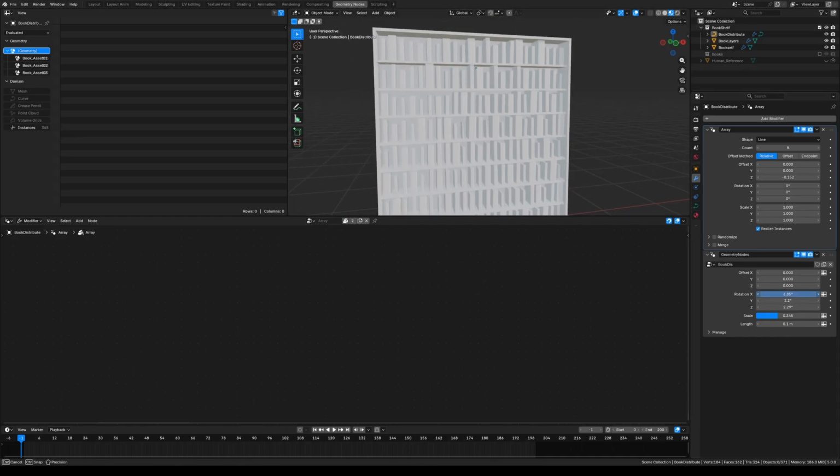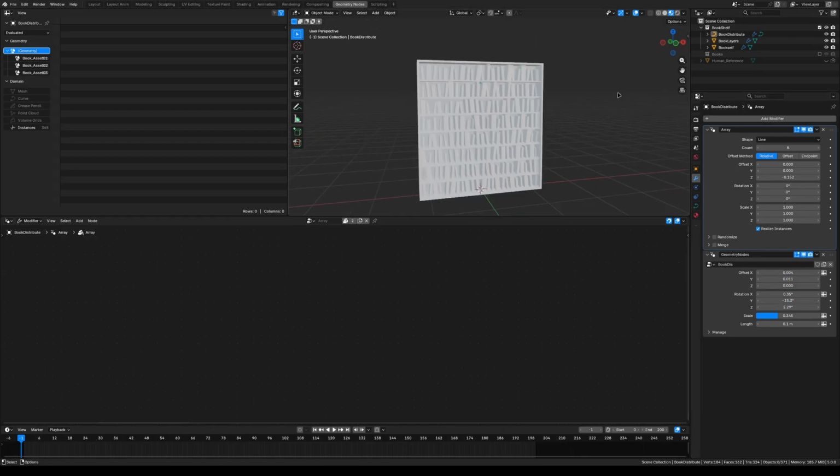We can add a lot of transforms. We can also do a little bit like this. Okay,